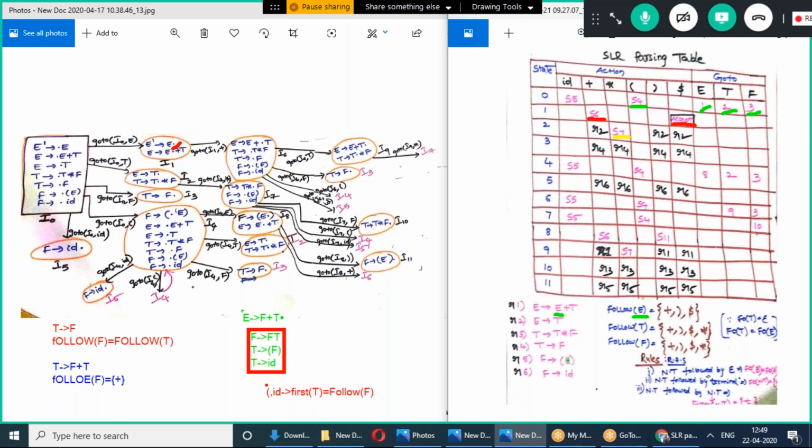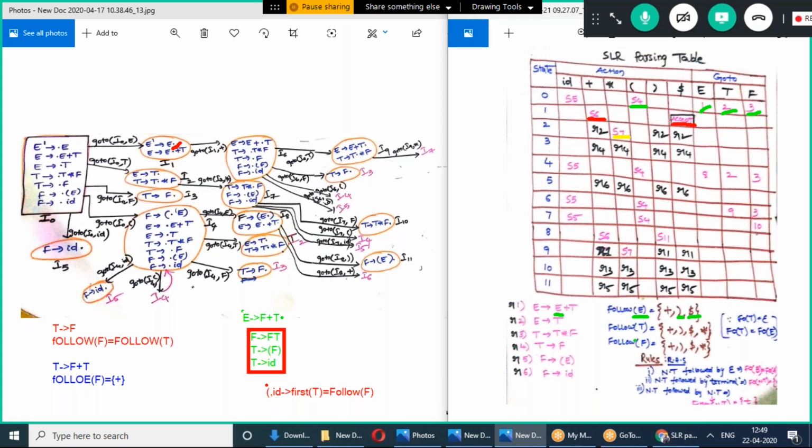After E there is also a closed parenthesis, so in this case we wrote a closed parenthesis. And E is the starting symbol, so we should add dollar also. Then follow of E is equal to plus, closed parenthesis and dollar.